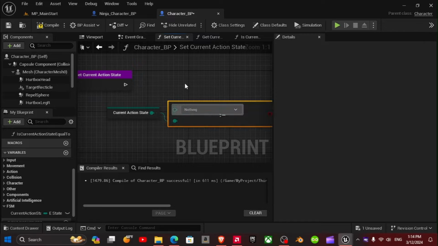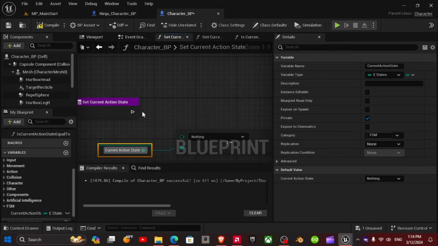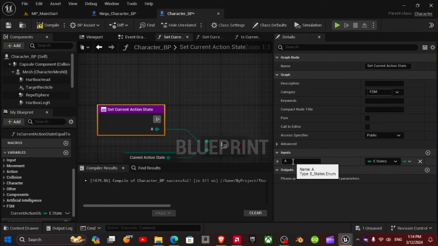Let's change it a little bit. I'm going to name this action state, or, better yet, new action state to be precise.